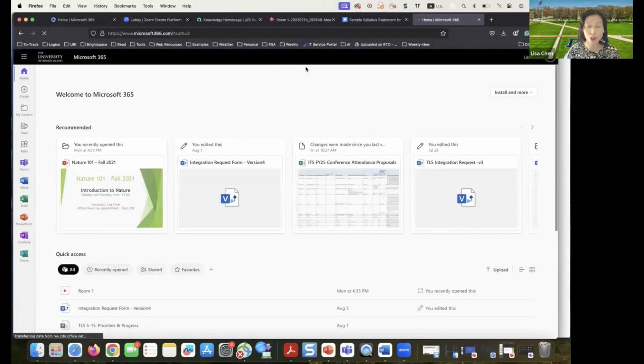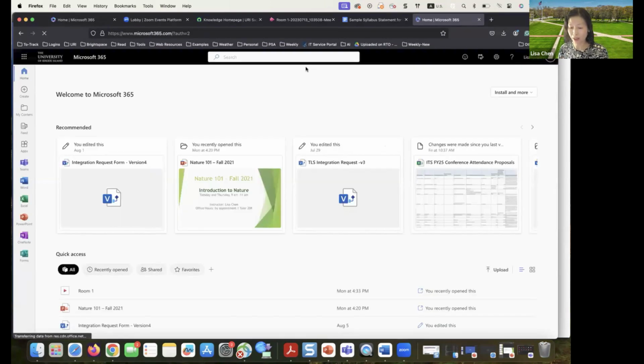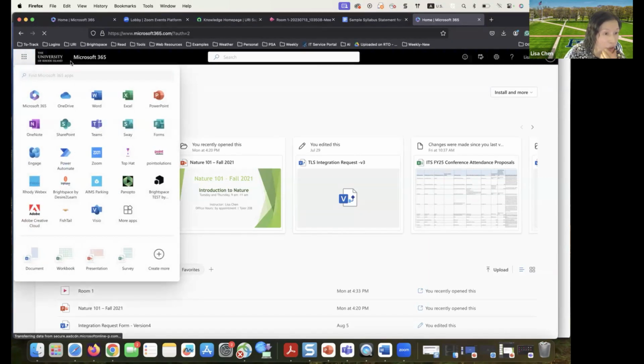This provides you with a list of all the apps and systems the URI supports, except eCampus, using URI single sign-on. So if you go here, you can launch Teams right here. Okay, so once you launch it,